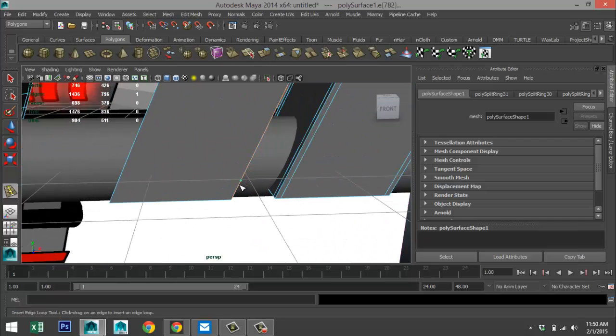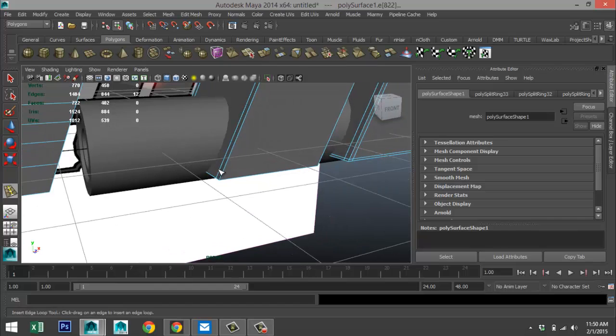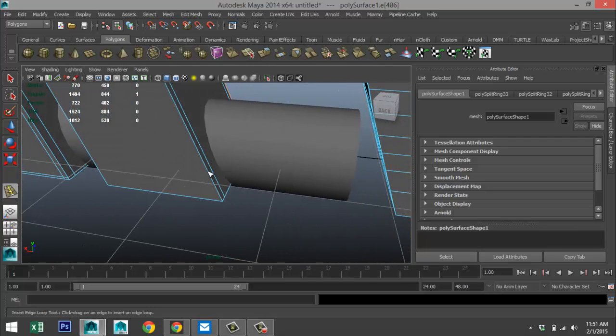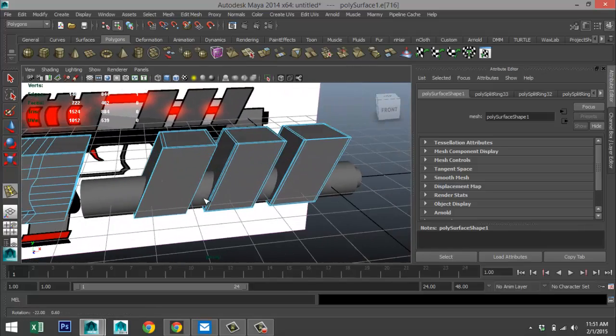Let's do the same down here. Looks like we just need to tweak this guy a bit. Let's see what we get here. This one here seems to be a bit off, but we'll see.